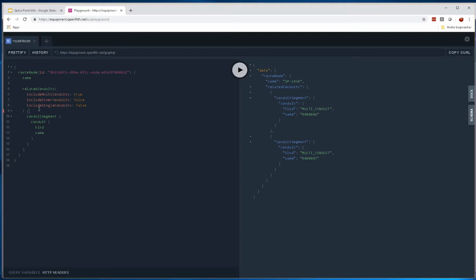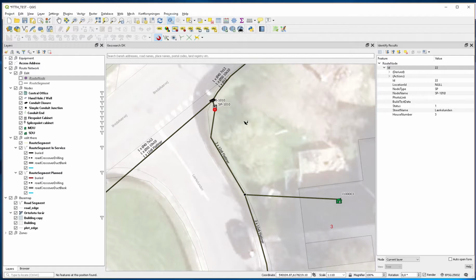Anyway, it's possible to specify a filter to leave out some of the stuff if you don't want it. So in this example here, I just say I only want the multi-conduit. I can also say, for example, I want the single conduits only, like this. So you get, there's actually 3 single conduits going inside this node. And if you wonder why, it's because actually I created in